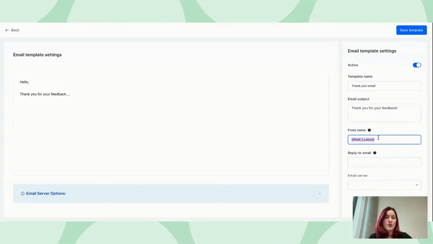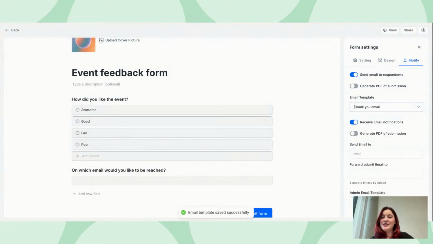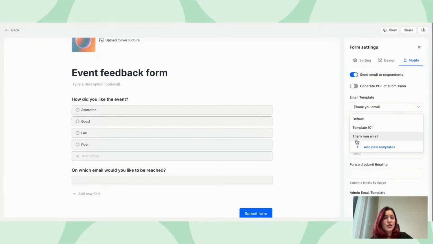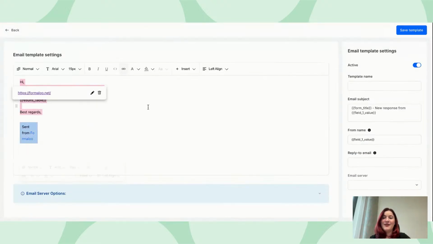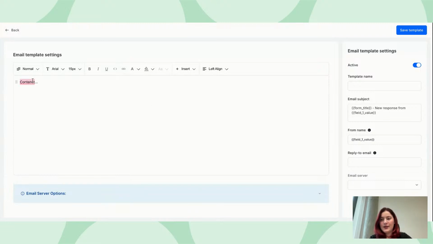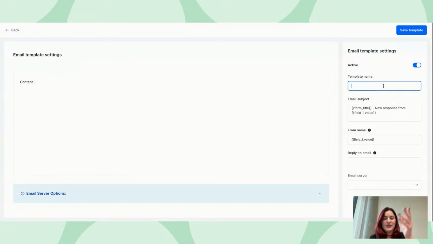And I will just write random emails just to show you how it works and how you can see it. We would save the template, and we would choose the thank you email to be sent to the email respondents. But I would add another template. Remember about the constructive feedback for people who rated fair or poor? For them, we would have a different type of email where, content, I'm not gonna write content right now, but let's pretend this is